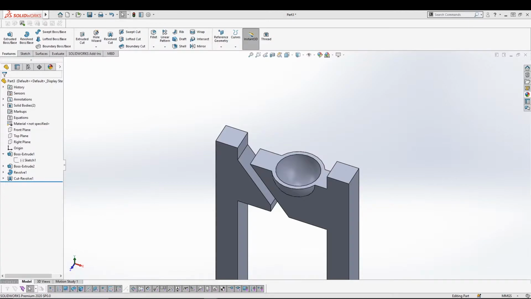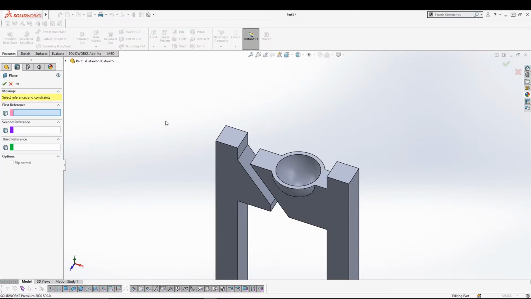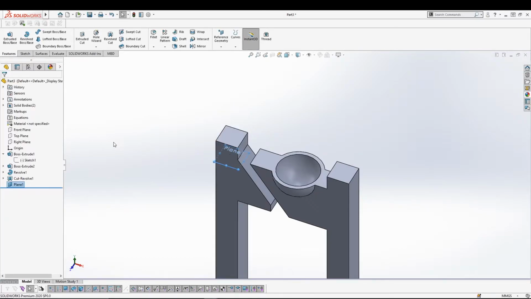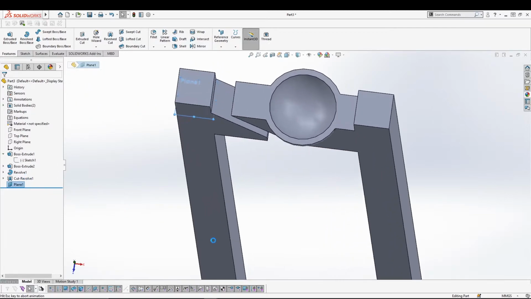Alright, now we'll create a new plane, and to do that I will go to reference geometry, plane, this one as the face and 0.6 as the offset. I will reverse it, and that's the plane that we wanted. And now what I can do is utilize the new plane to create a sketch. So let's select our plane, go to sketch,